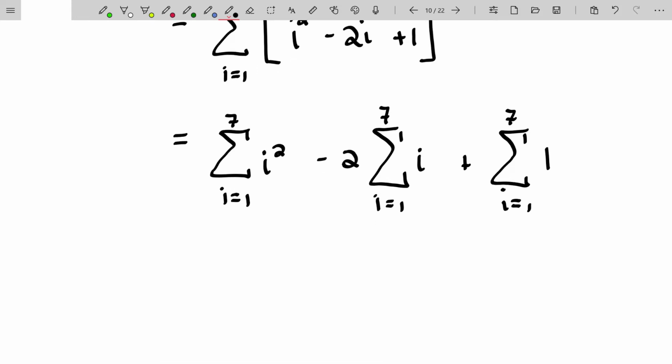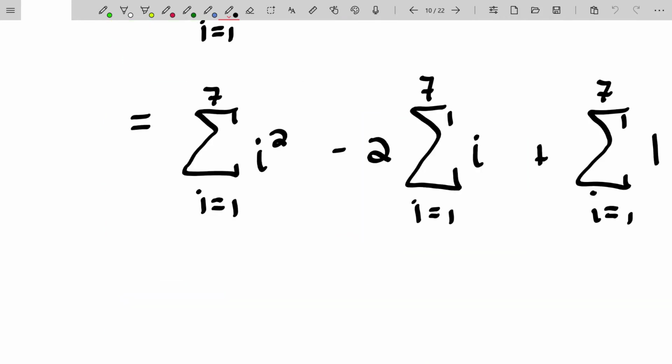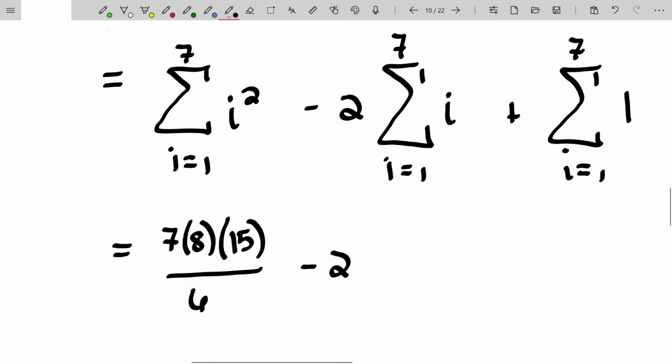The summation of i squared, for example. Well, we have just seen that. Let me actually bring that back. The summation of i squared, the sum from i equals 1 to n, will be n times (n plus 1) times (2n plus 1) over 6. In this case, we're going to 7, so it's going to be 7 times 8 times 15 over 6. So this summation right here is going to be 7 times 8 times 15 over 6, minus 2 times the